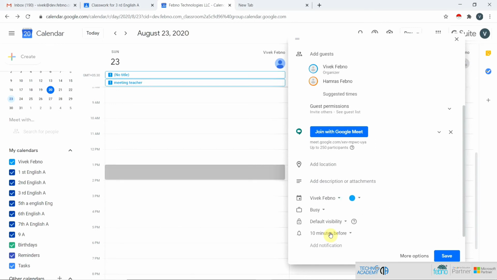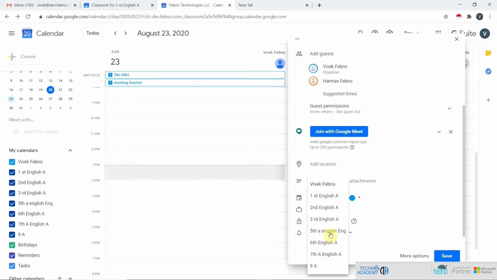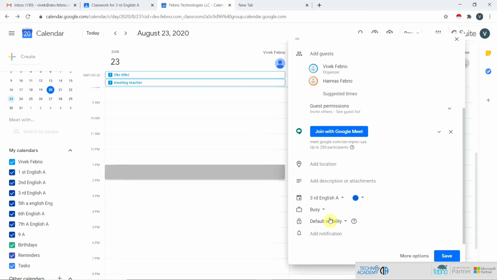Okay, select there, and if you're conducting this event for the third year English students, just click their ID, meaning their calendar, just select the calendar. Okay,